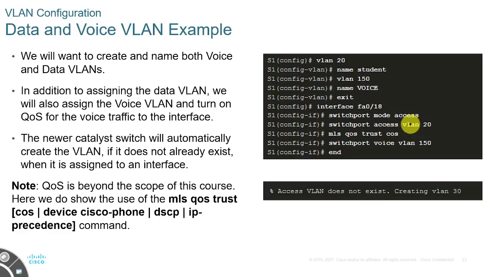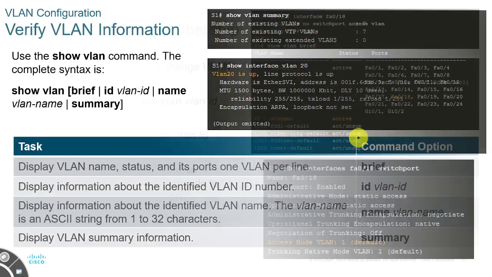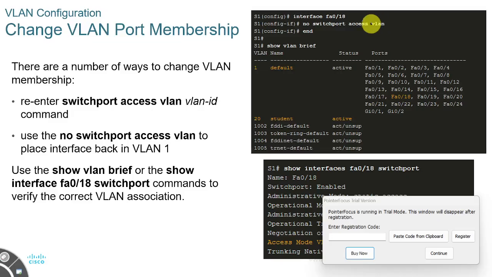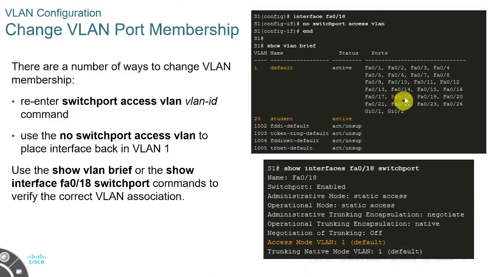So to get this back to VLAN 1, you should use this command. So the owner of this interface is VLAN 1, no longer student. Okay, so to place the interface back in VLAN 1, you should execute no switchport access vlan,